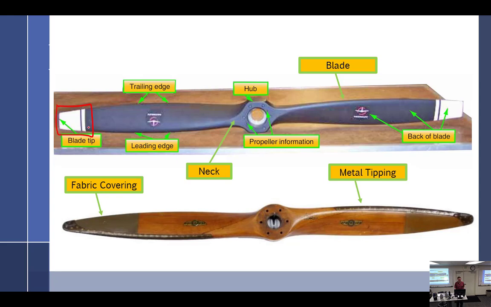Yes, and now if you know anything about props and you look at the face, which is the other side, you don't have the white stripe. All right, so what's the white stripe there for? To keep the black paint on. So you don't walk into the damn prop. It's a high visibility color, so you can see it. That makes a lot of sense. Why don't they put it on the other side?